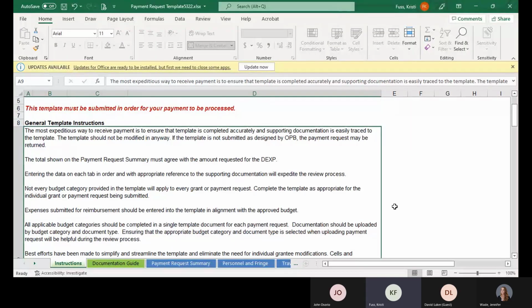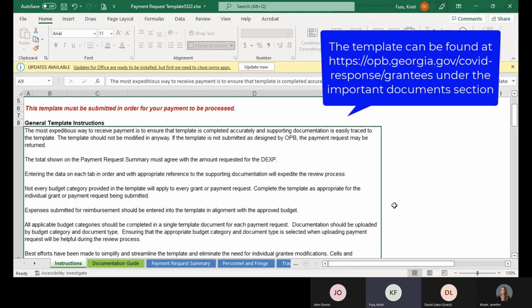And then we're going to go through and show you some supporting documentation examples, and then we're actually going to step through completing the template and uploading it. So when you go into the template, which can be downloaded off of the OPB website, and we'll do that in a minute,